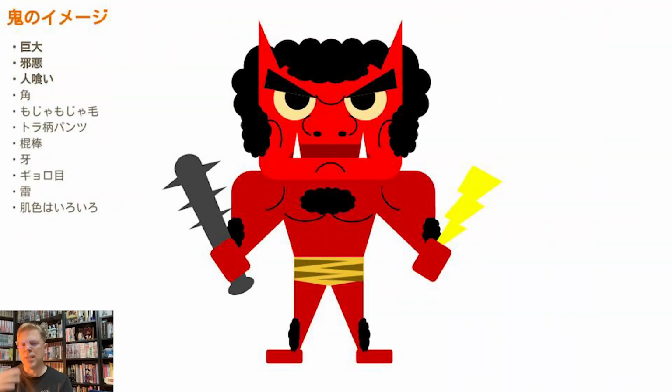In the modern image of the Oni, you have the red skin or the dark skin, the horns, the glaring big old eyes, hairy, kind of wavy, non-straight hair, big, oversized, muscular, having bull horns, fangs, and tiger skin pants. Now, the bull part and the tiger part, that is important because there's a compass direction, I believe it's